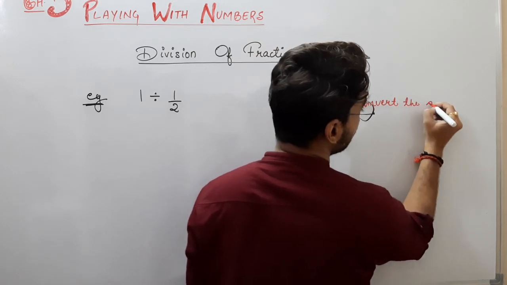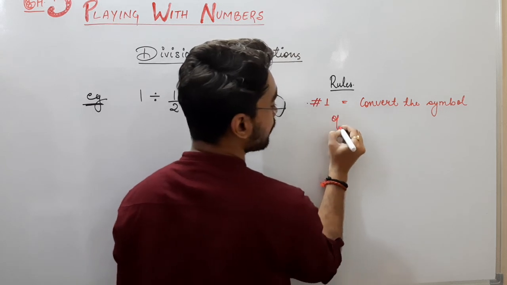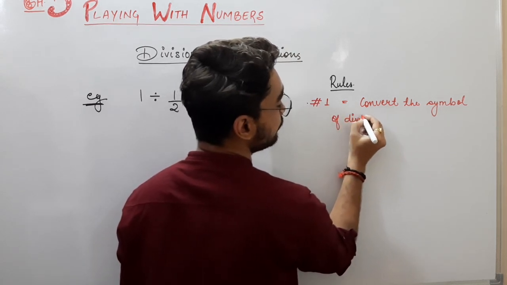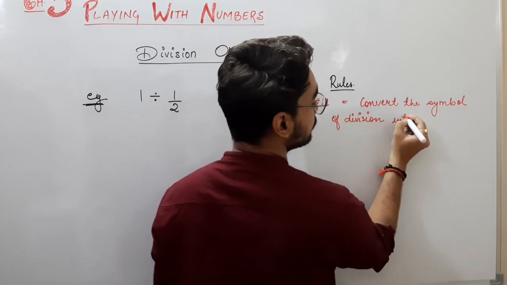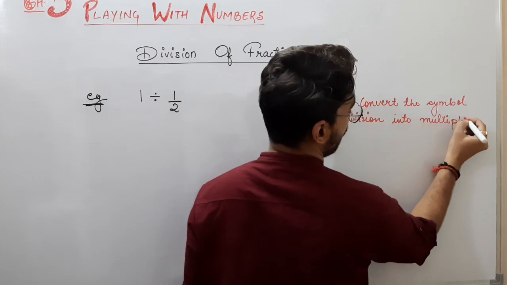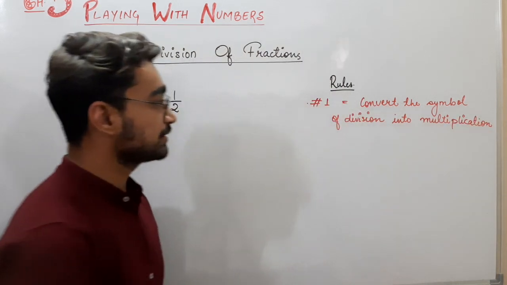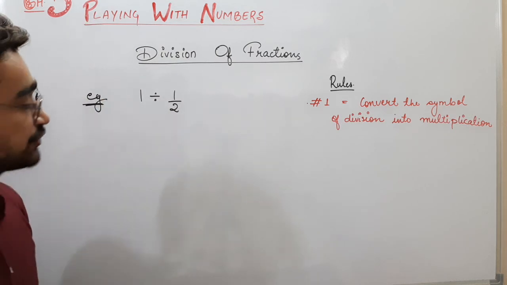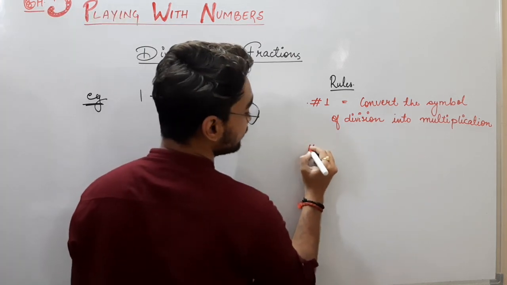the symbol of division into multiplication. Convert the symbol of division into multiplication means in place of this divide sign, we are going to write multiply. And rule number 2 says: